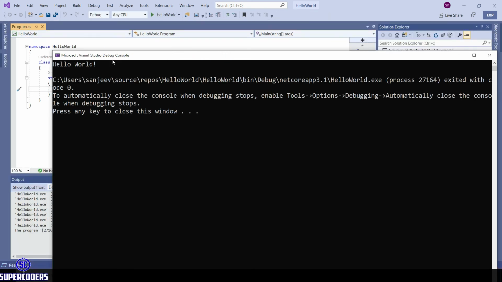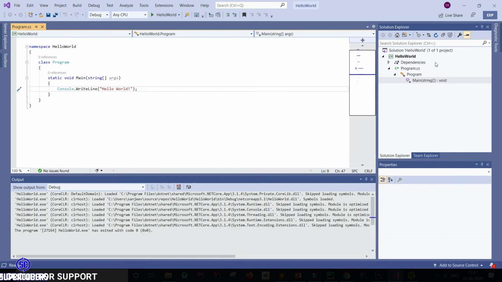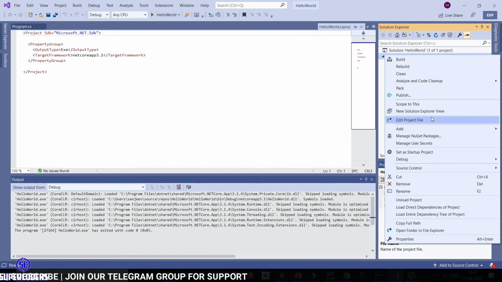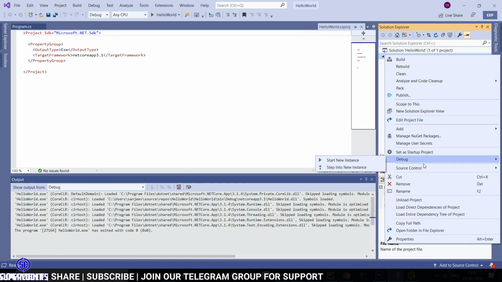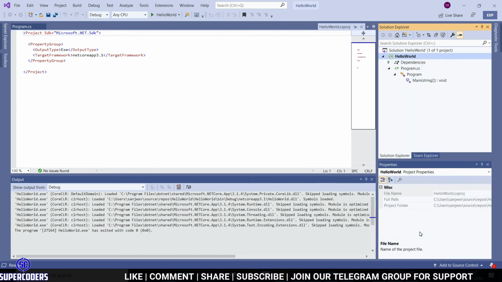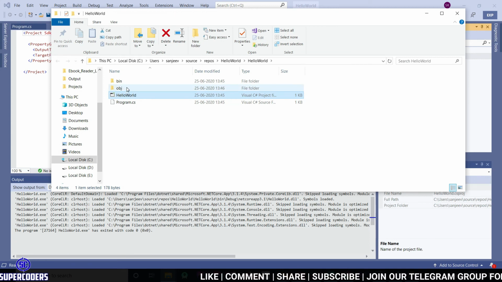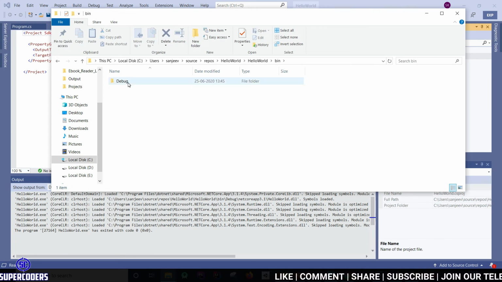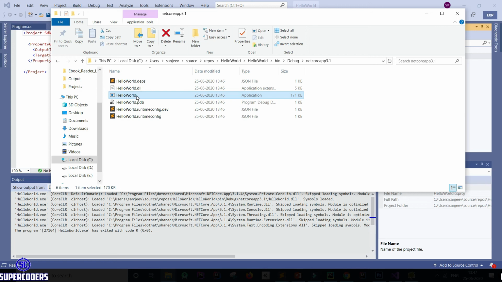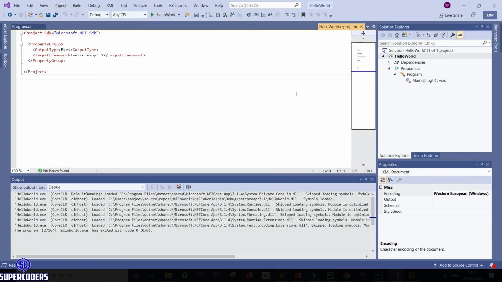So you can see the simple output Hello World in C#, which is generated by the C# console app. Now you can see the exe file which is generated by Visual Studio. So clicking on Show in Explorer. Here clicking on Show in Explorer. Now inside the bin folder, in Debug, project name, you can see helloworld.exe, which is generated by Visual Studio. So clicking on it, here my program closed instantly because I didn't take any input from the user.